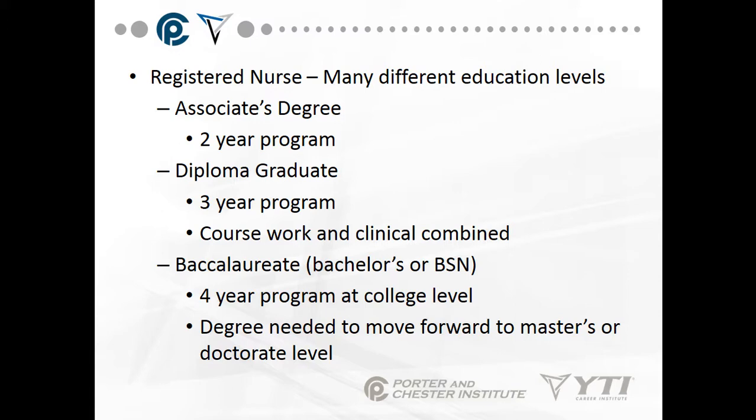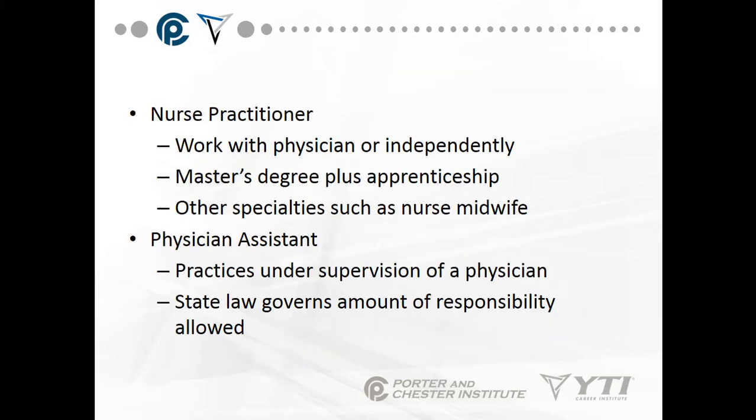Registered nurse. Many different education levels are available. You can have your associate's degree, which is a 2-year program. You can be a diploma graduate with a 3-year program, and coursework and clinical work are combined. You can have a baccalaureate or a bachelor's degree as a BSN RN. This is a 4-year program at college level, and the degree is needed to move forward to your master's or doctorate level. Nurse practitioner